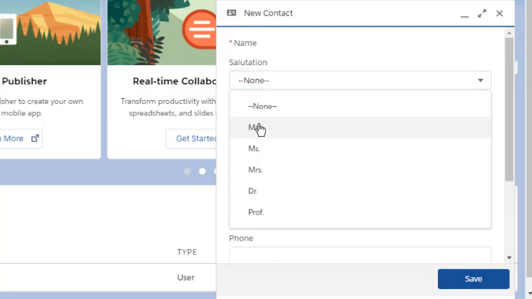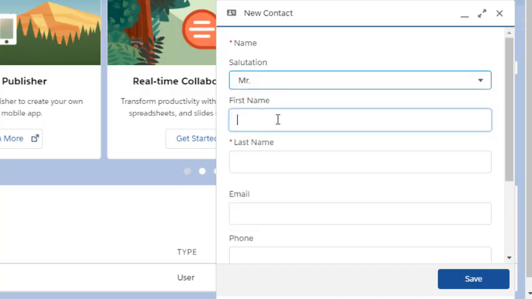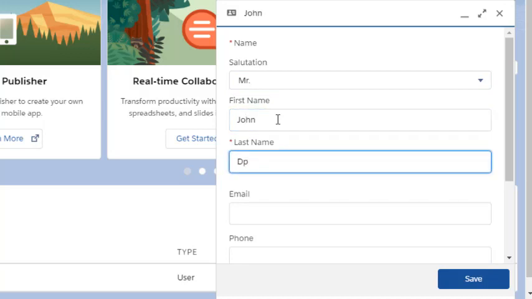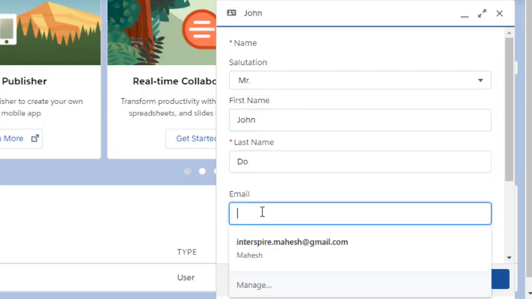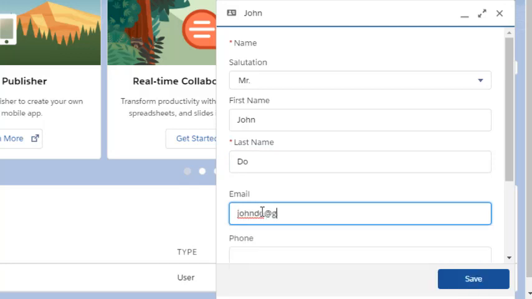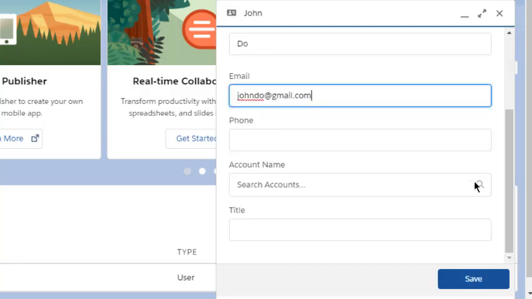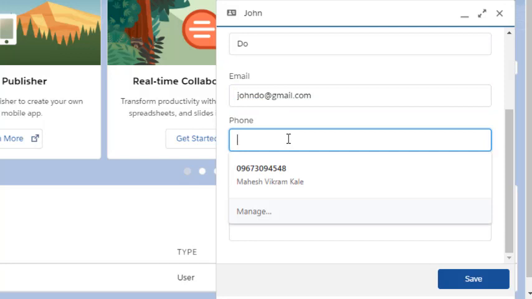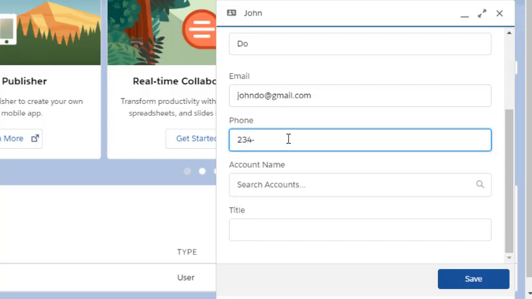You can have salutations: Mr., Mrs., Doctor, Professor, etc. So let's go with a name, something like, let's say, John Doe, and email John Doe, and then let's see, we add phone 2341257. Okay, and you can set an account name for this, which you can do later once you add account